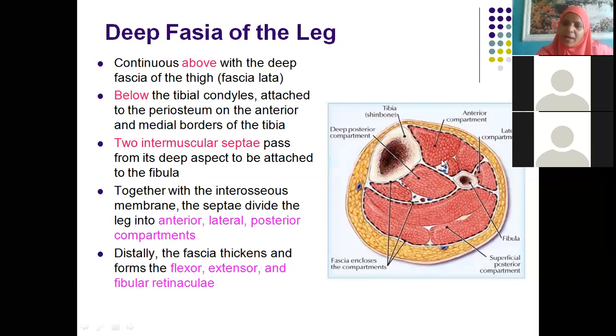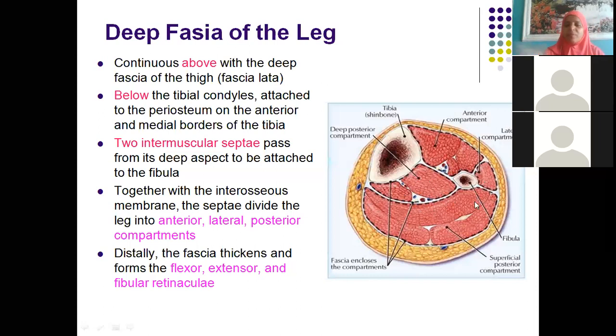In front, what are the blood vessels we see? We have seen the popliteal artery behind the knee joint. In the popliteal fossa, the popliteal artery will divide into two. What are those two branches? In front we have the anterior tibial artery with venae comitantes. Behind we have the posterior tibial artery with venae comitantes. The posterior tibial artery also gives rise to the fibular artery, also called the peroneal artery, supplying the lateral compartment.